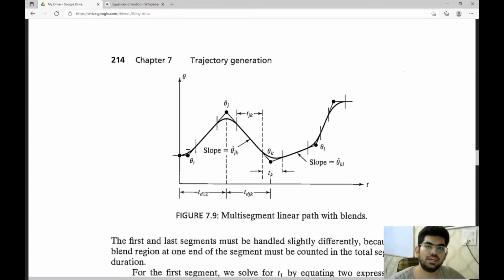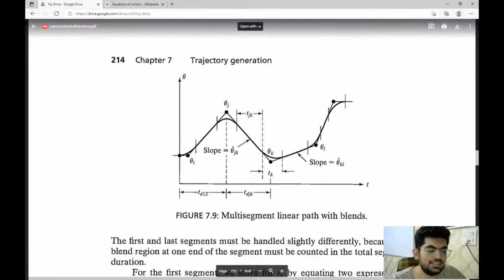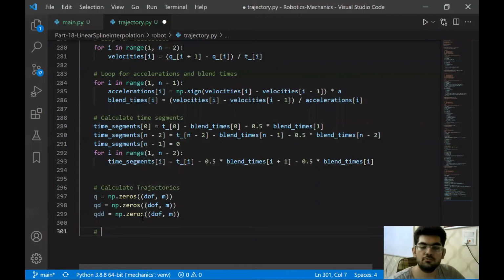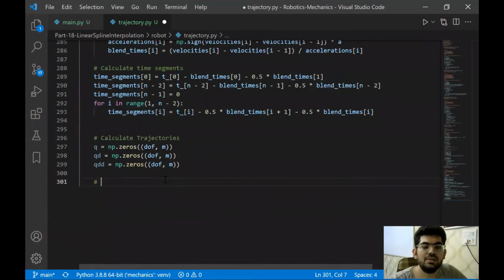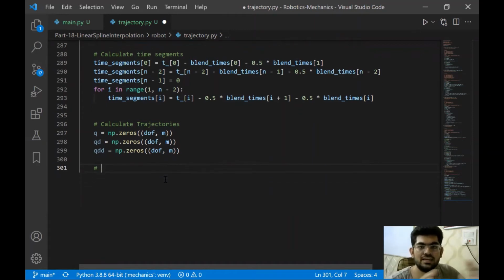Therefore, we need to do the calculations one by one. So that simply implies that we need to introduce a loop for the degree of freedom as well. Now, this will actually make readability slightly easier than we had before. Before we were just assuming all the degree of freedom calculations all at once, but here we need to take care of each joint one by one. Right, so let's do this now.